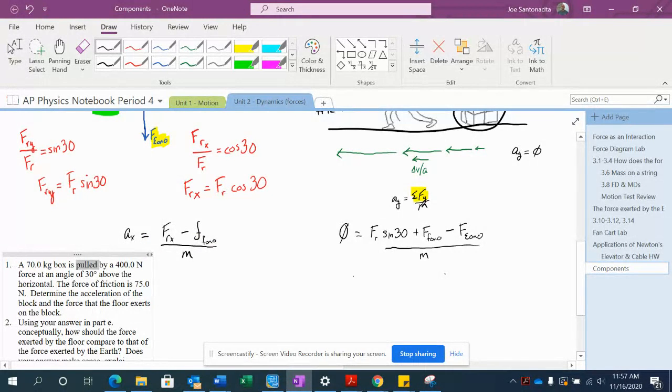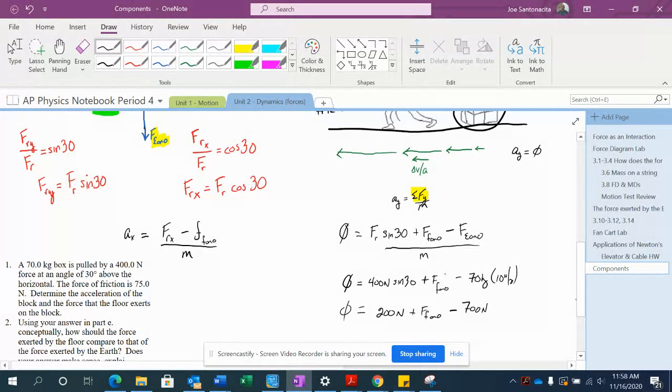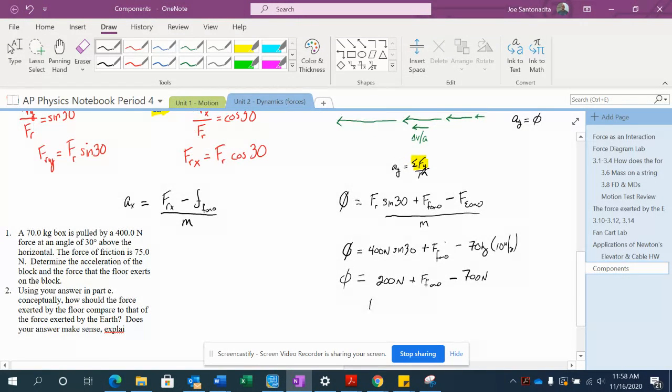So vertically speaking, we multiply through by the mass. We are left with 400 newtons times sine of 30 plus the force of the floor on the object minus 70 kilograms times 10 newtons per kilogram. All right, so this will be 200 newtons plus the force of the floor on the object minus 700 newtons. All of this is equal to 0, which means the floor itself